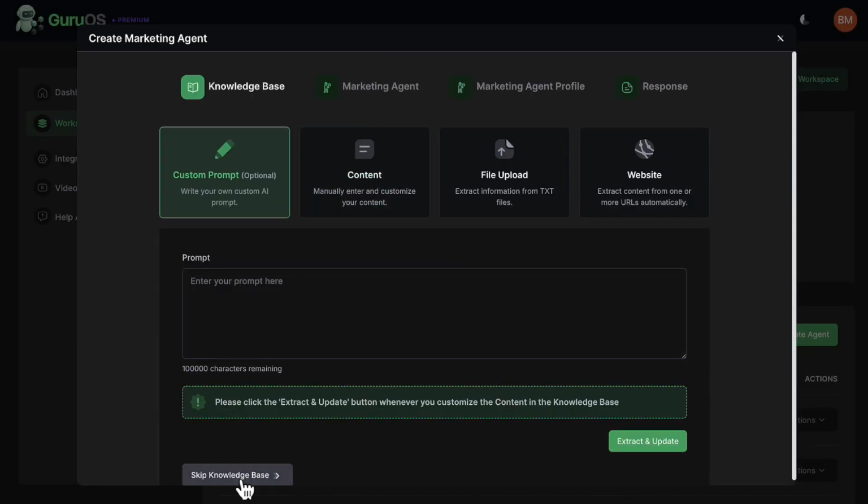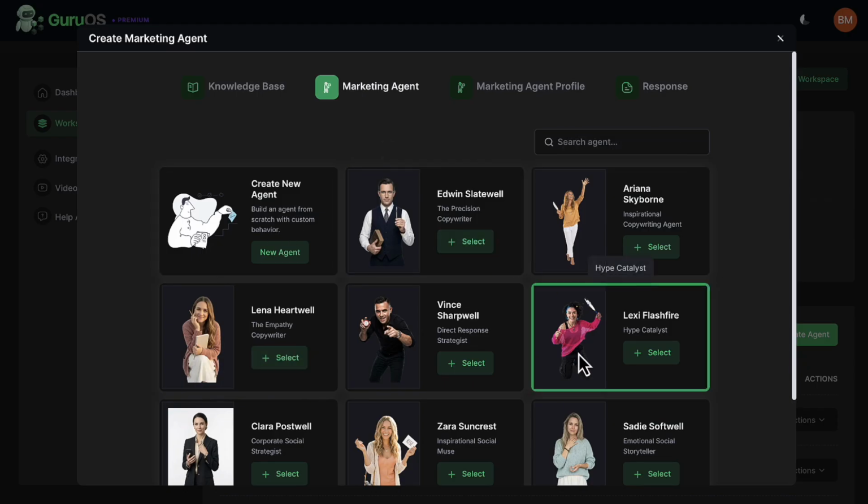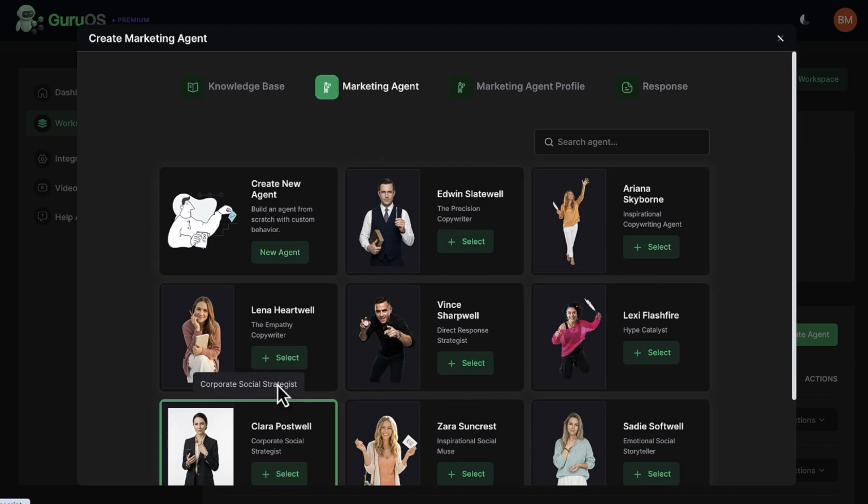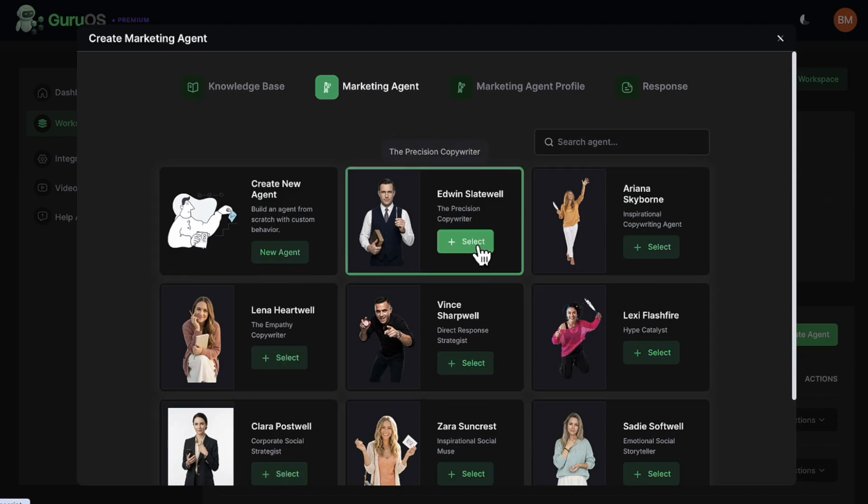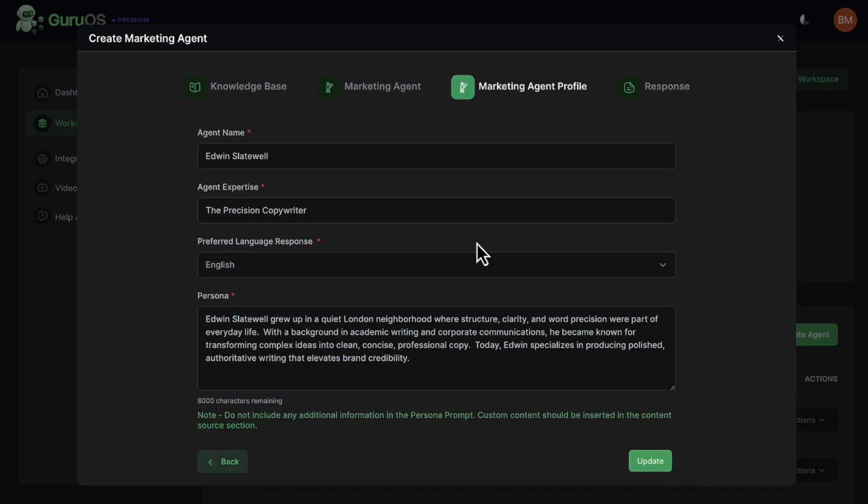and choose what type of agent you want to create. So we have agents that are sort of specialized in different types of things, different types of writing styles. Edit the profile if you want. And then there's 2 ways to